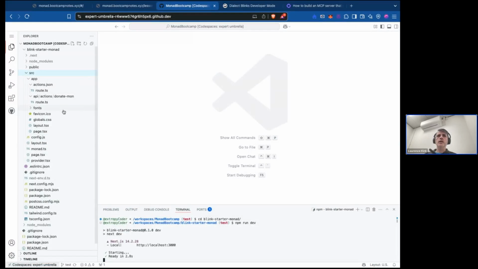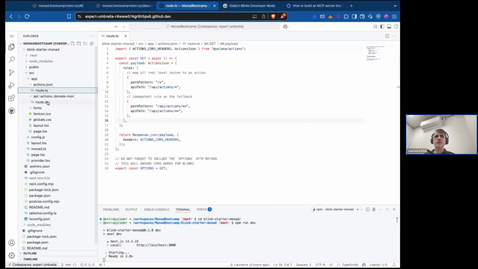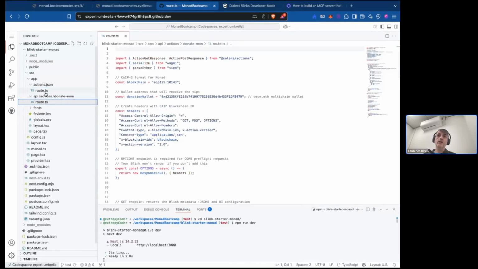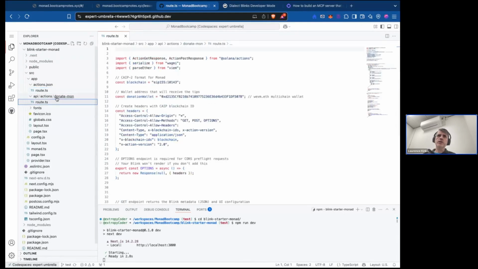There's really two files we initially need to work with, these two TypeScript files, both called root. This one is the more general one, I guess, but this one here under the API actions is the specific one. And what we've got here,